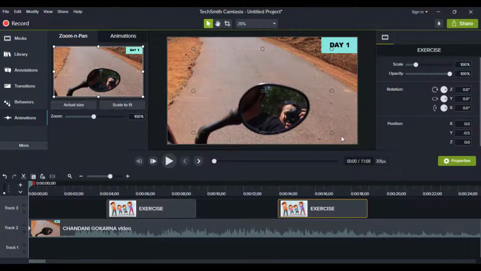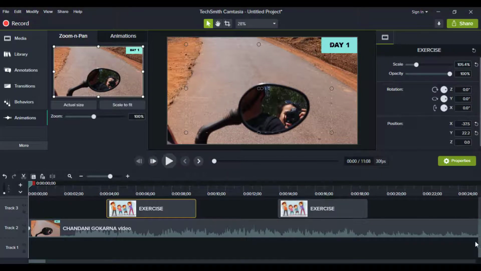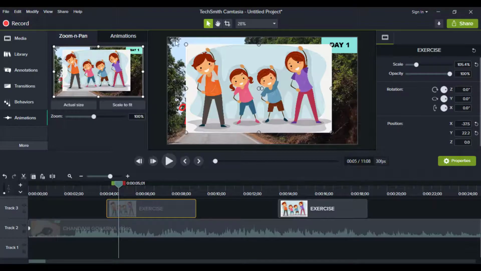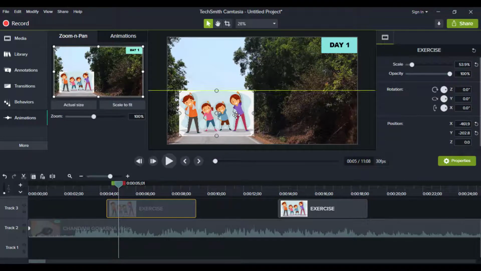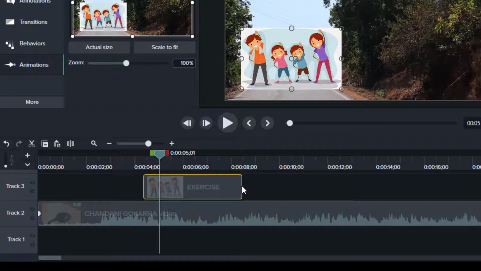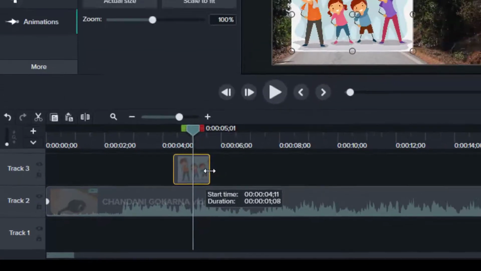This is your canvas and your working window where you work also. We will see how. And these are the timeline or the tracks. So this is also your working window. As I've already told, you can actually work on it and change the locations as per your need. It's one of the amazing software. As you can see, you can also customize the duration of your element from here.